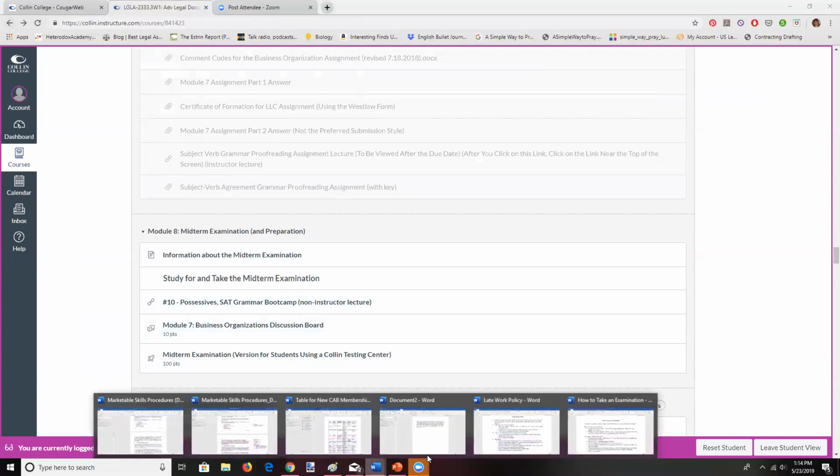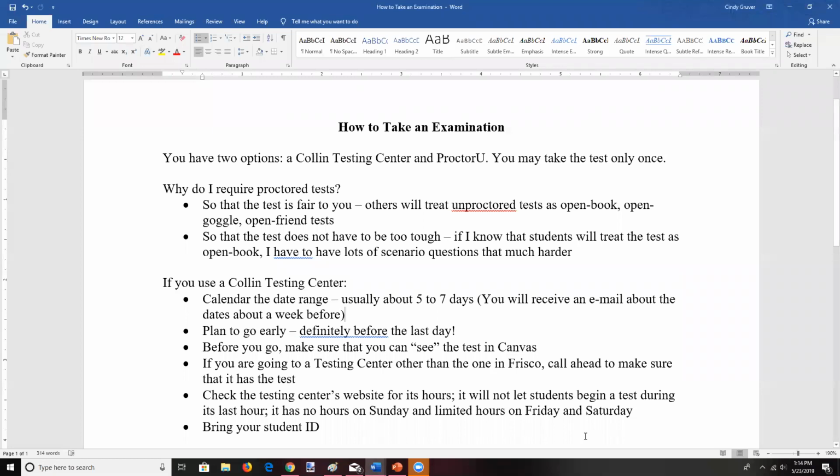I apologize if I were to leave it not open, but it's happened before. I'm not necessarily the person who remembers everything all the time. I apologize in advance. I don't want you to be inconvenienced in the way, so make sure you can see the test. Now, I drop off the test information to the Frisco Testing Center, which, by the way, is in